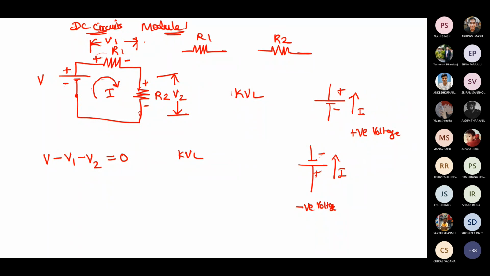Ma'am, can you please explain the signs and why we put minus? Okay, ma. See here, ma. See this point. I'm assuming the current direction like this. If I assume like this, current will be going like this only. So negative to positive, current is going across this voltage. I am assuming that if the current flows negative to positive, I should take that as what? Positive. So I'm taking this as V. Now, as per this current direction, it will be flowing like this, yes or no? Plus to minus. So plus to minus, I'm assuming it to be negative. Okay, ma'am. So it is negative. Again, plus to minus means assuming it to be negative. Okay, got it, ma'am.